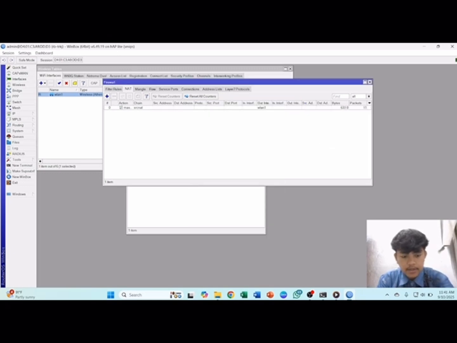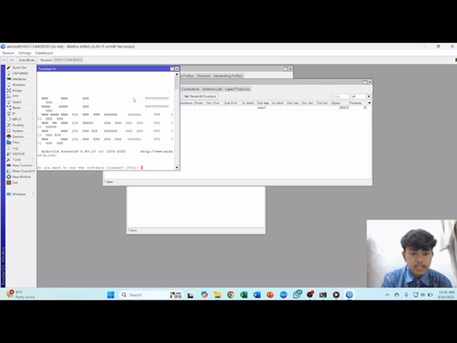Yeah, you can see here network internet access and Salmon connected. My Wi-Fi name is Salmon, and it is connected. Then you can check in the new terminal.